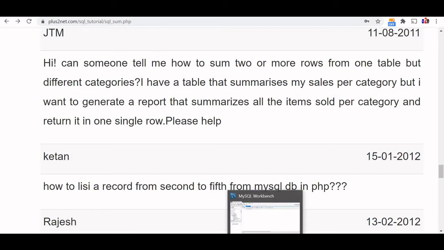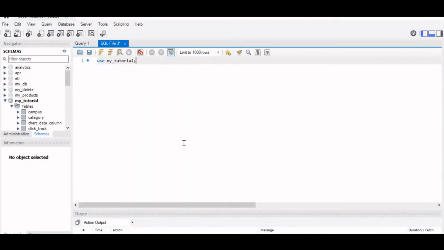because you can apply the group by command to the categories column, and at the same time it will return you the sum of the sales figure per category. So suppose you have four categories, all four categories will be returned with their respective total sums. We'll try it in MySQL Workbench. Let me zoom a bit. Fine, you can see that I am inside MySQL Workbench.